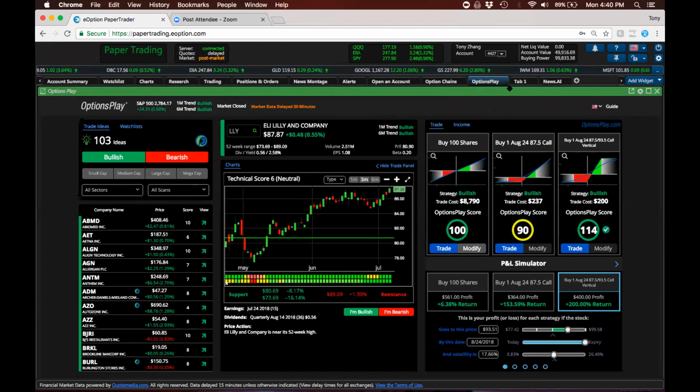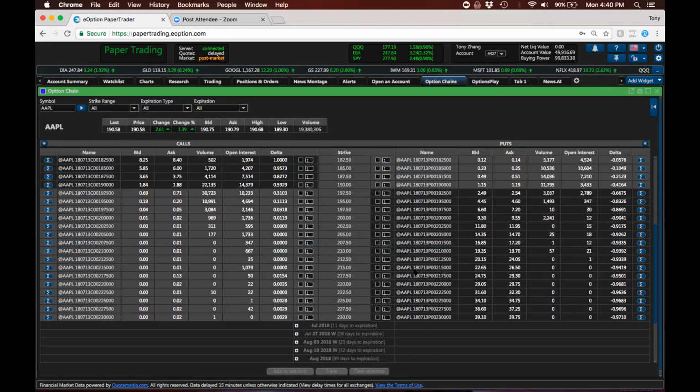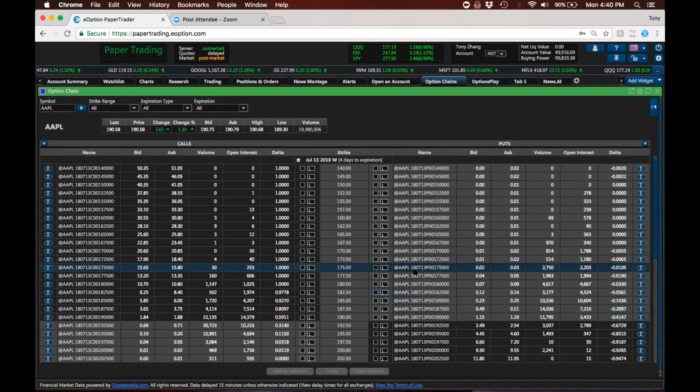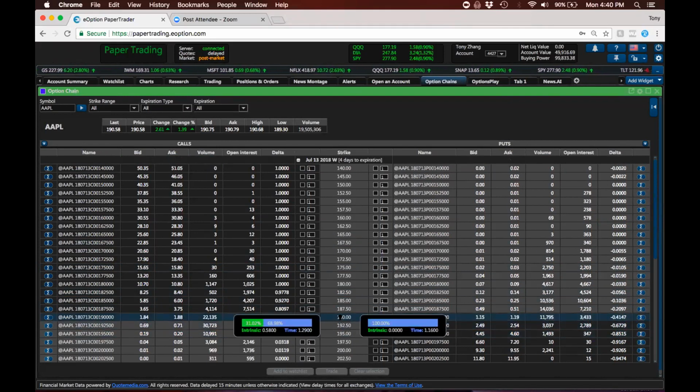We created OptionsPlay because we wanted to provide a better visual approach to analyzing, exploring, and trading options. The reason is that when we looked at pages like this, we found it really difficult to decide which call or put we might buy. Even if you understood very well how to navigate these types of pages, with things like the difference between should I buy the 190 or the 195 call, I couldn't really tell what my expected profit is if the stock moved up by 5%.